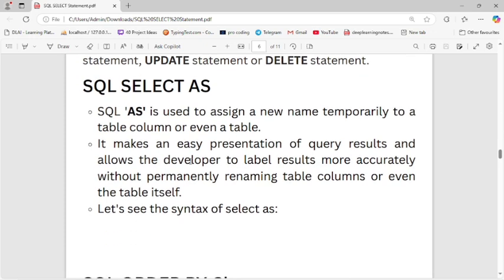Now we can understand that the SQL alias is used to assign a new name temporarily to a table or column. It makes query results easier to present and allows the developer to label results more accurately without permanently renaming the table or column itself.